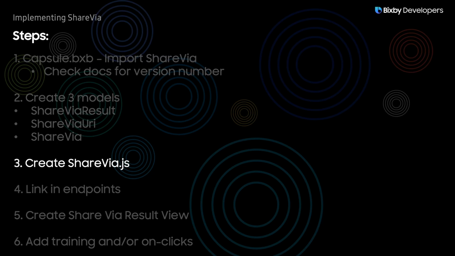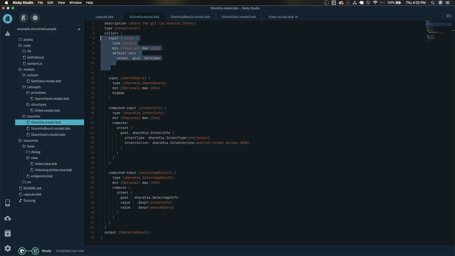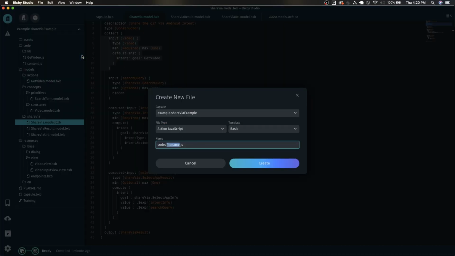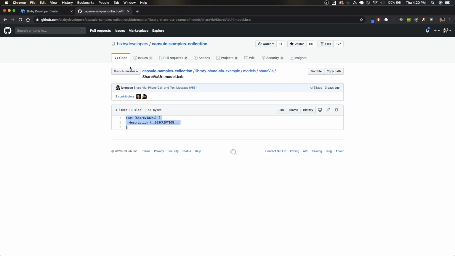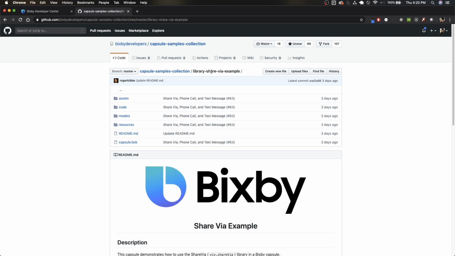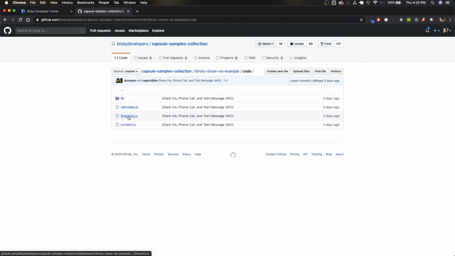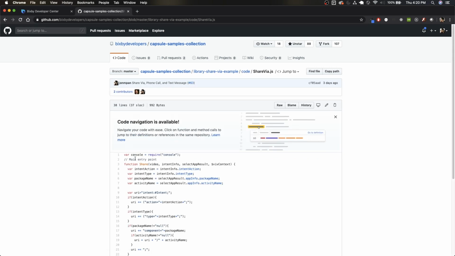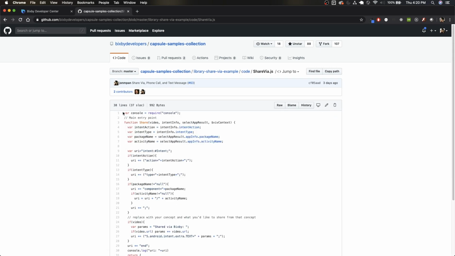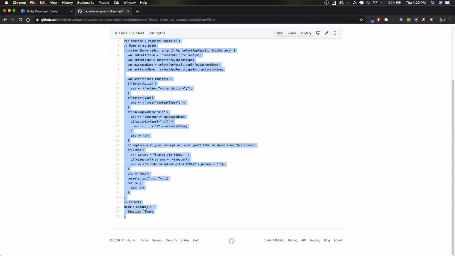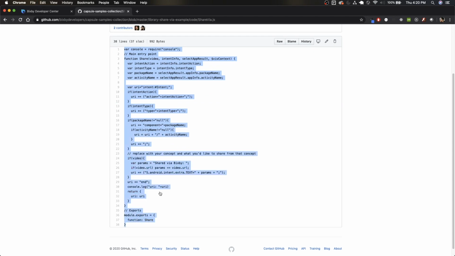The next step is to create the JavaScript file. Right-click code and create new action JavaScript. And let's name this ShareVia.js. Now let's go back to this sample capsule, and we'll click on the root directory of the sample capsule, go into code, and then ShareVia.js. Close that real quick. And let's just copy and paste this entire thing